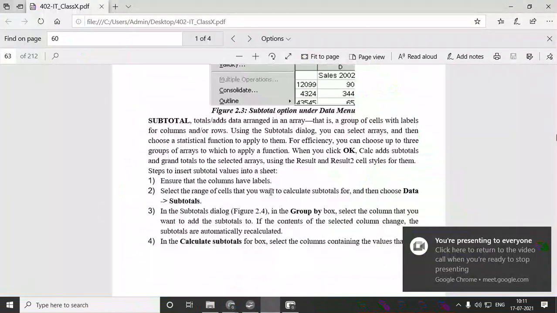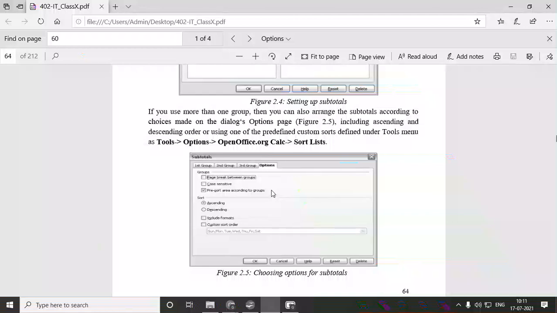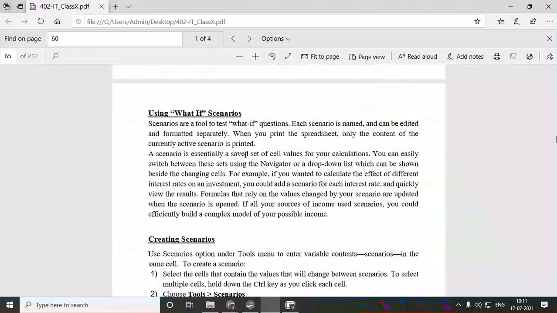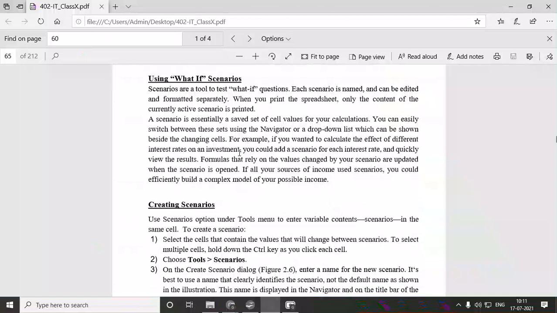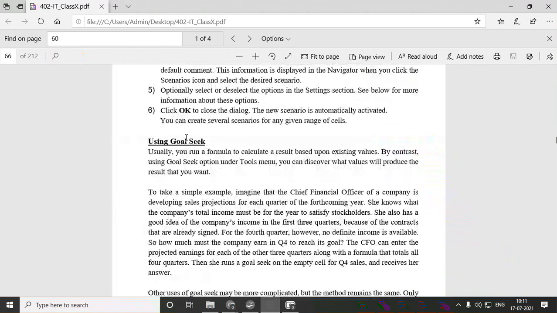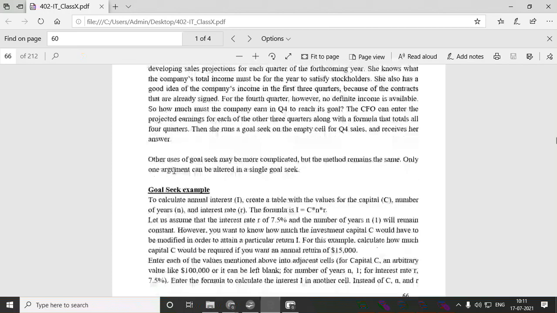Okay. So today we will see the next part of this Unit 2. I already completed session 1 yesterday. In session 1 you have consolidation, subtotals, then the what-if scenario, meaning different scenarios. If you want different scenarios in only one sheet, you can use this what-if scenario option. Next, goal seek. As you know, you have to set the goal for this. You have to take your own target value to find a particular amount.